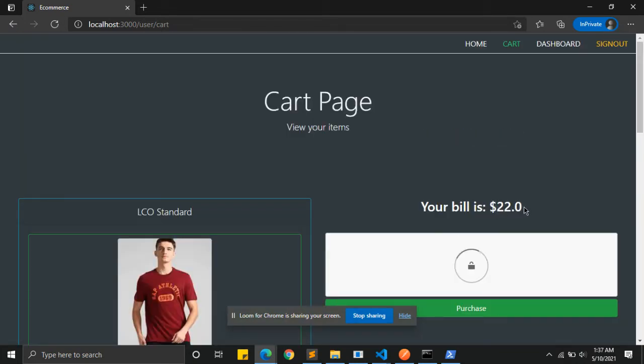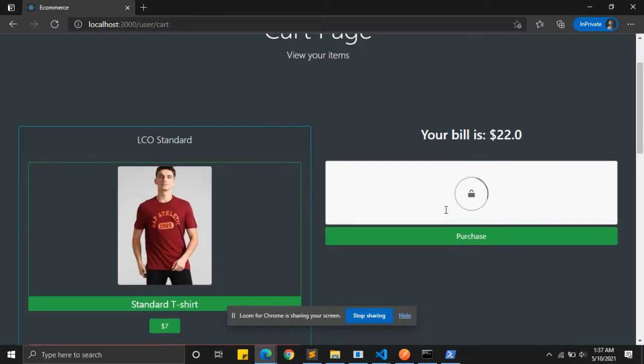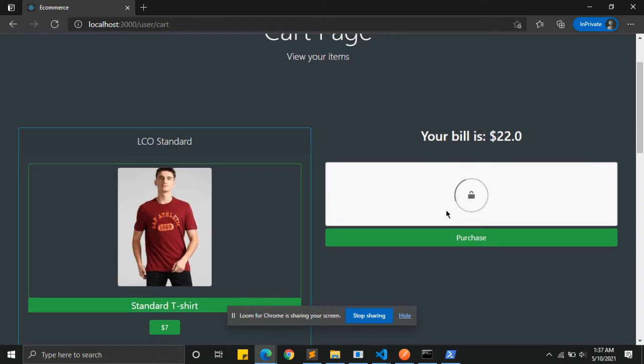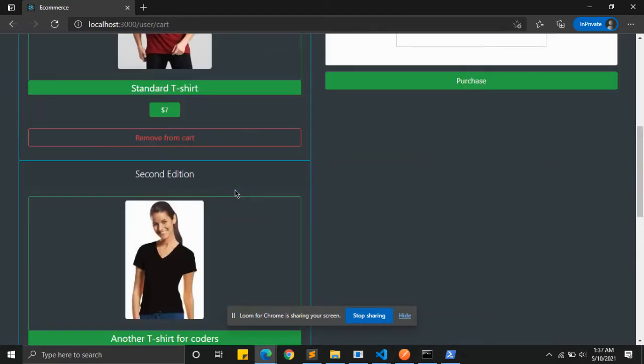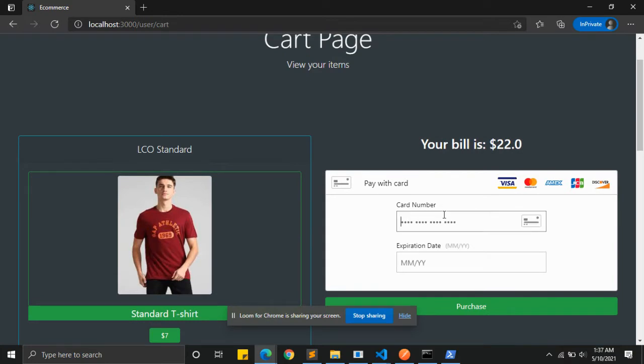And this calculation happens at the server end, and the payment integration, that is the Braintree, is getting loaded up. It will take some while for it to load. Okay, as soon as it loads, we can just enter valid dummy credentials for a credit card.